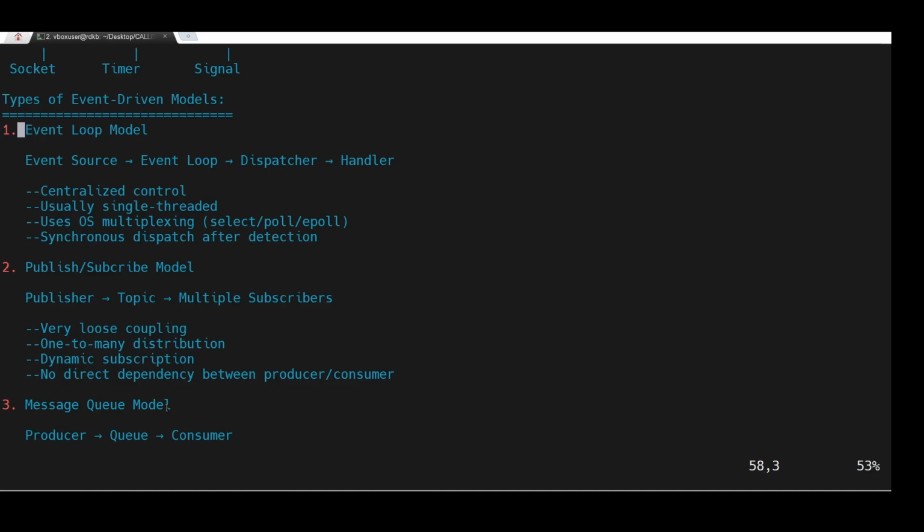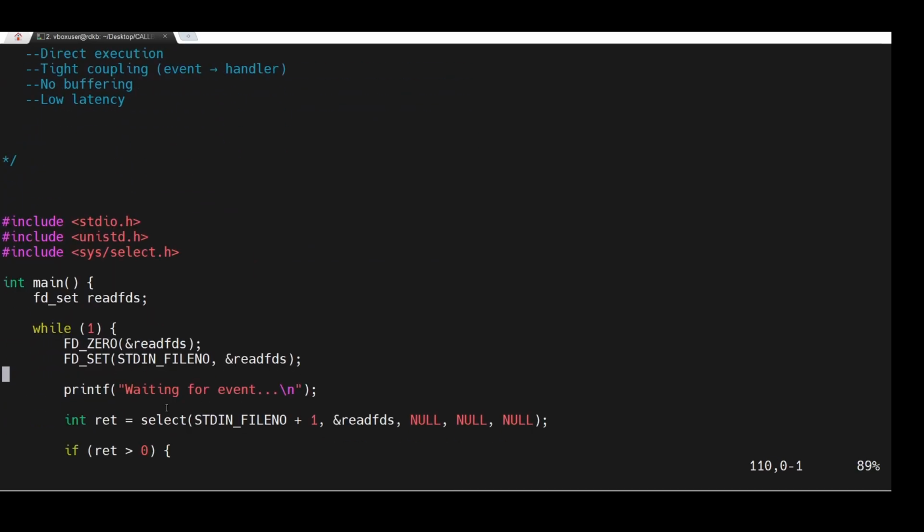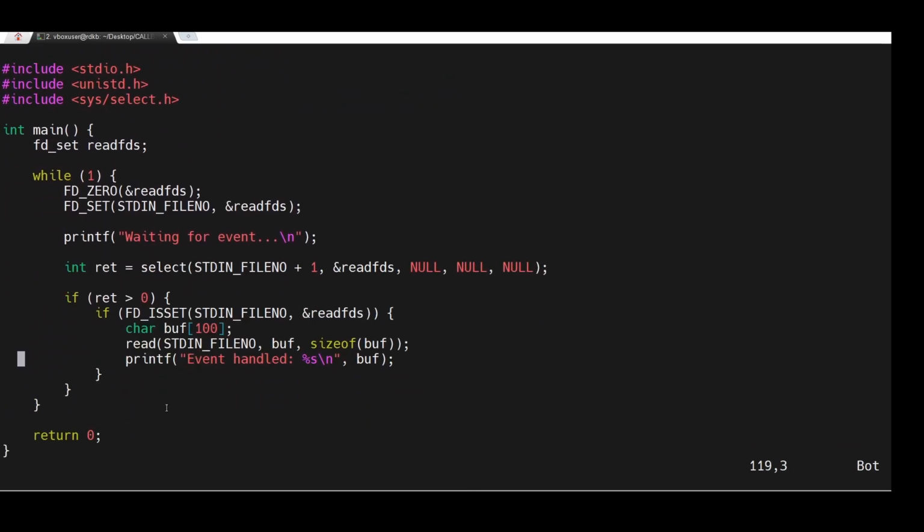Okay. So let's jump to an example of this event driven model. So here I have a simple example, and here we have an event as an input from the terminal. Okay, so I have registered the file descriptor. What it does is take the input from the terminal itself and feed it to this select call. So this is an example of the event loop system,